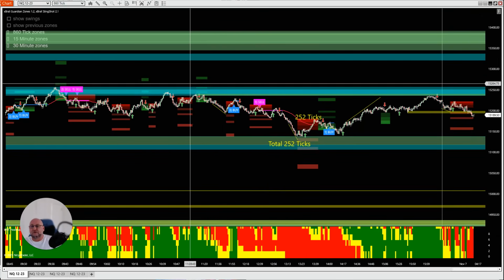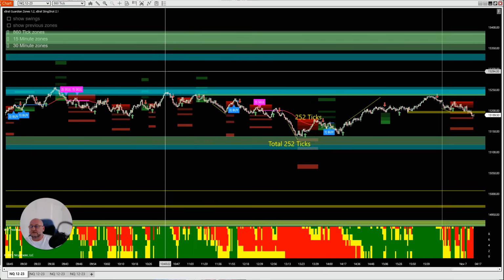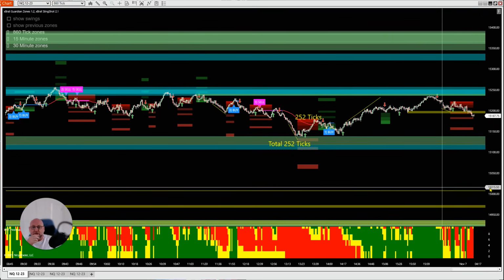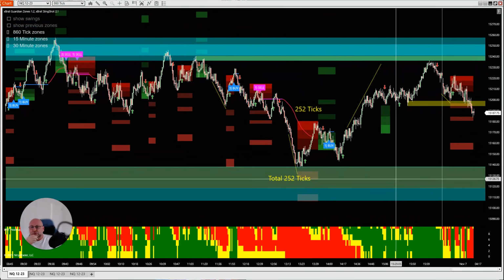One of the things that's very important is the data series when using the Guardian Zones. Remember, the Guardian Zones are automated support and resistance zones on multiple time frames, but you need at least 2005 bars to look back. Your time frame, the load data, is based on bars. I've put this at 5,000 on every single one of mine, so 2005 is the minimum. Once we've got the data set, then you're going to zoom out